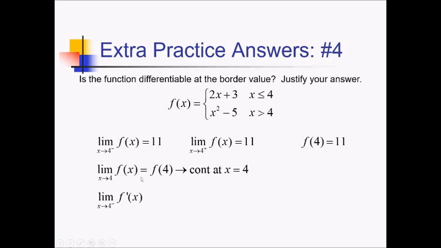So left side limit of f prime at 4, we're going to be taking the derivative of this before 4 rule, so the derivative of 2x plus 3. That's going to just end up being a constant value of 2, so that is the left side limit of f prime. Now for the right side limit of f prime at x equals 4, we're taking the derivative of the after 4 rule. That's going to be 2x. The 5 is just a constant, so that becomes 0. So we're doing the limit as x approaches 4 from the right of 2x, which is basically just 2 times 4,